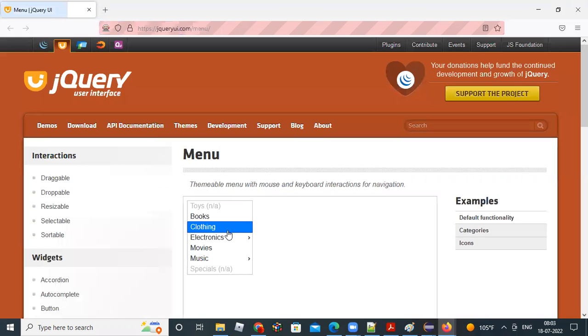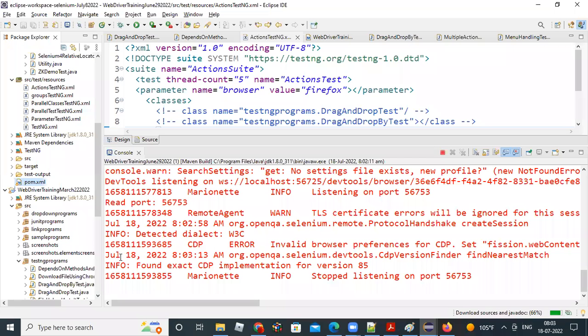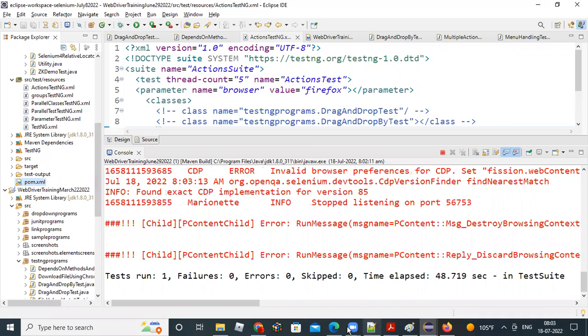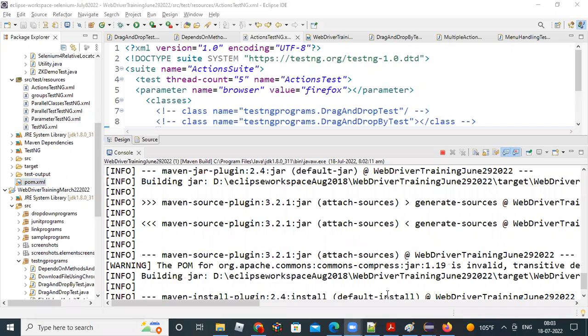See, the browser is open and it is handling the menus. You can see how it is handling the menus. Music, rock, classic. So this is how to handle multiple submenus. Okay, any questions before